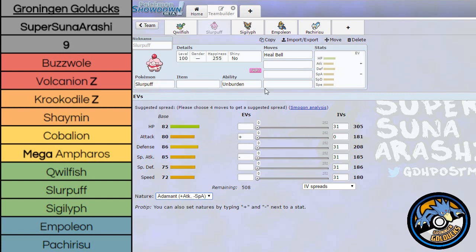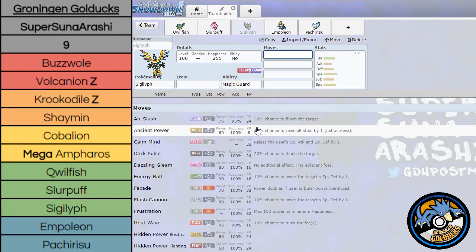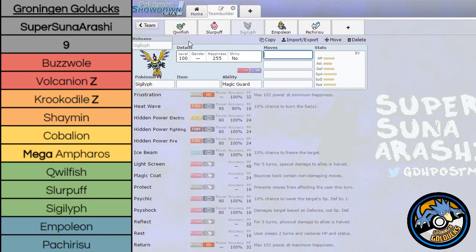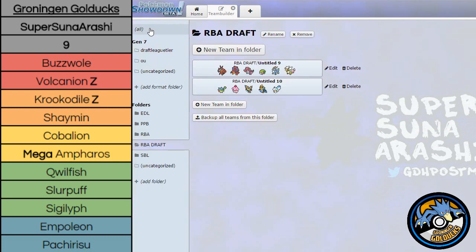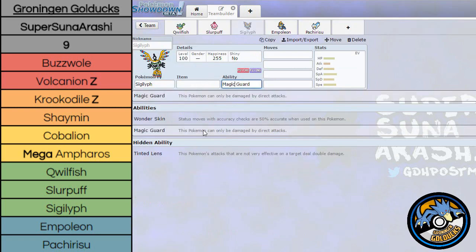This is SuperSunaArashi. So next off, we finally get some speed on our team with Sigilyph, because I really needed a psychic type as well as a flying type. What Sigilyph gets is Magic Guard, which can be very useful. We really needed a flying type, because our team was kind of looking dangerous towards Earthquakes. And Sigilyph can actually put in a lot of work. Magic Guard, as I said before,